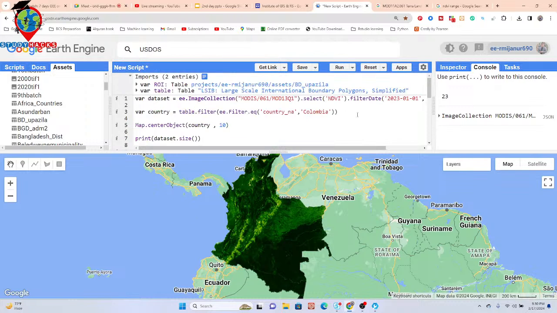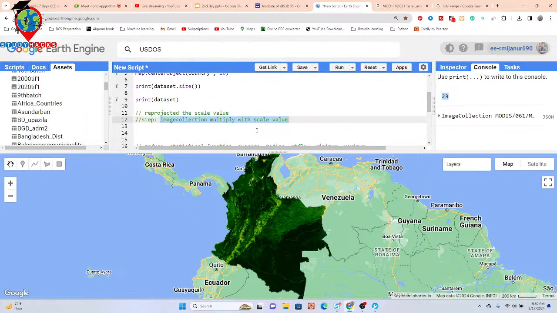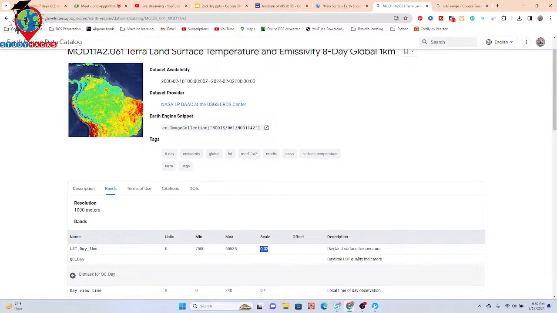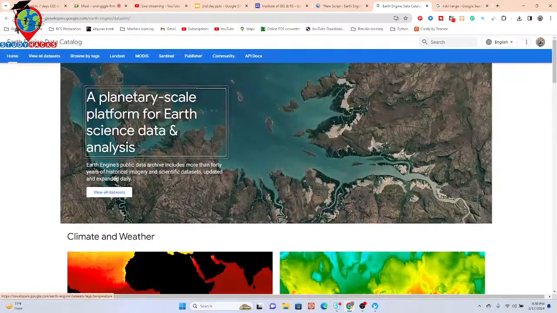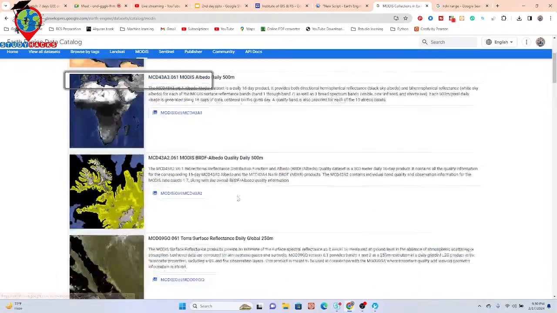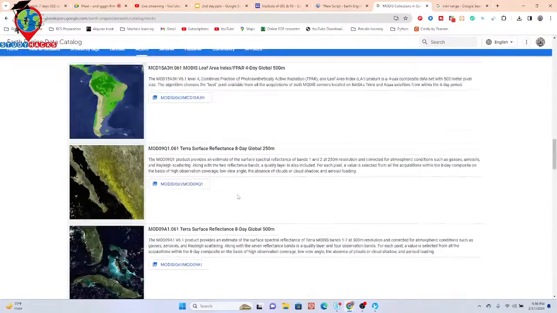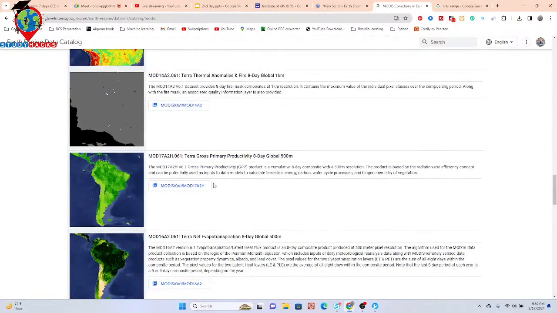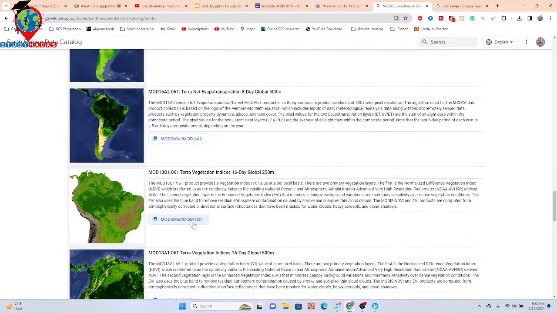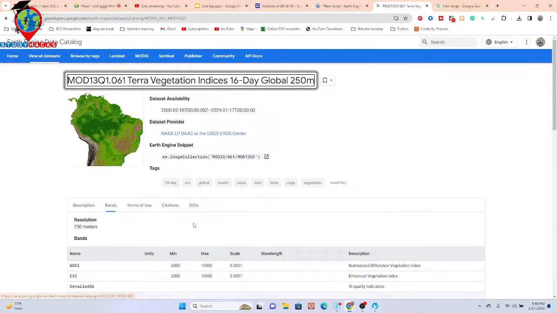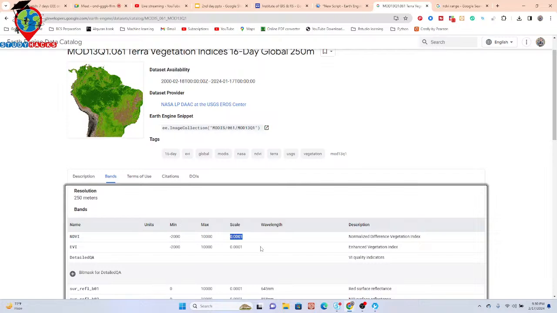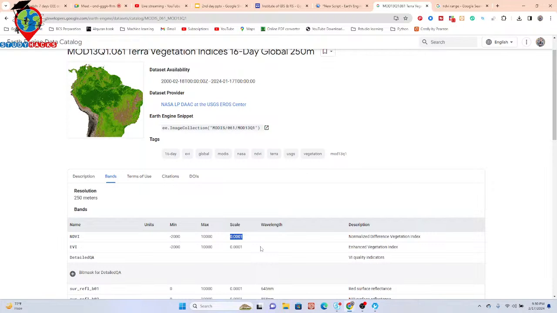Okay, suppose this time we can get the image collection, total 23 images. These 23 images I need to multiply with a scale factor, mainly this time 0.001 for NDVI. You can see for NDVI, so for this NDVI we need to multiply with this factor. This is a scale factor, 0.001. So now how can I multiply